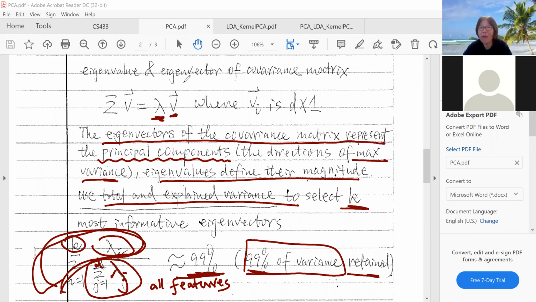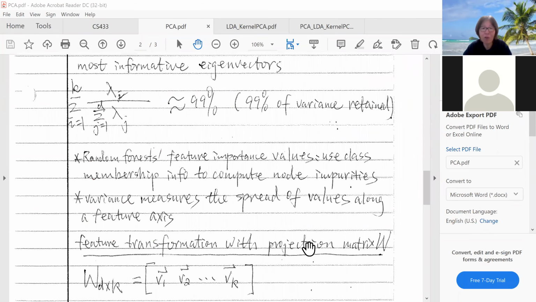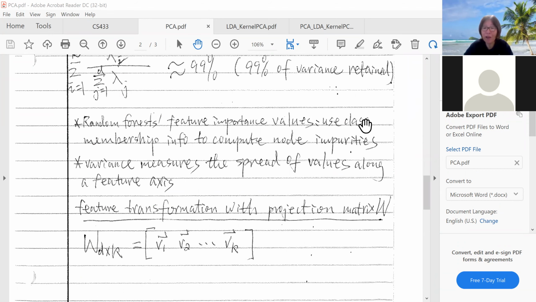And once we have the eigenvector, then the eigenvector will tell you, like in our previous discussion, that U1, and then it may have another U, and another U, so UK, depending on how you pick. Okay, so that's the idea about eigenvector and eigenvalue. And next, if you recall random forest and the decision tree, the feature importance value,